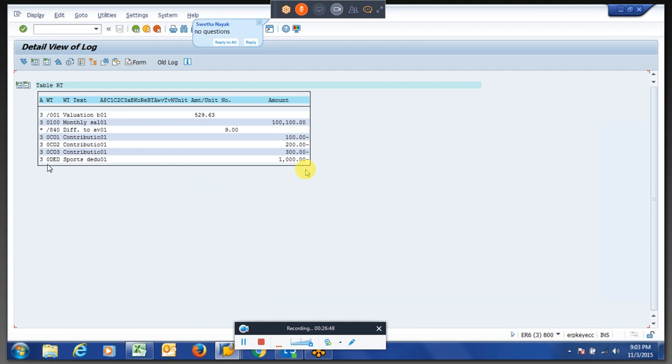Because I am calling RT, basing on that it will work. Previously, what happened is because we worked on star, slash 440 came into picture again to the IT table, and it was throwing an error that we fixed basing on the rule which we changed.